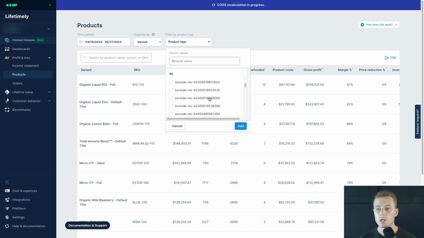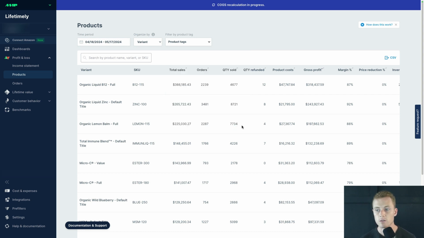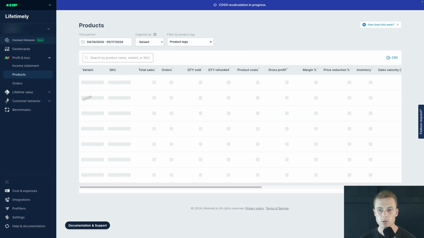We can filter the products based off of the product tag. So for that particular client, here you can see bundle. If I add that, it's going to filter out and only show me the bundle products. Now I can see the total sales for those products, how many orders, what was the quantity sold, what was